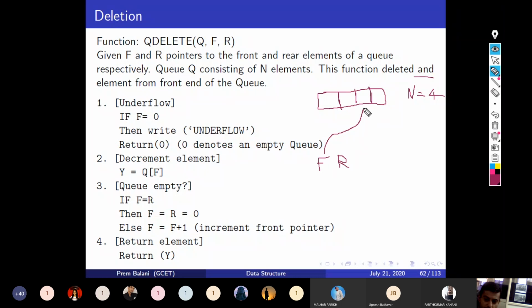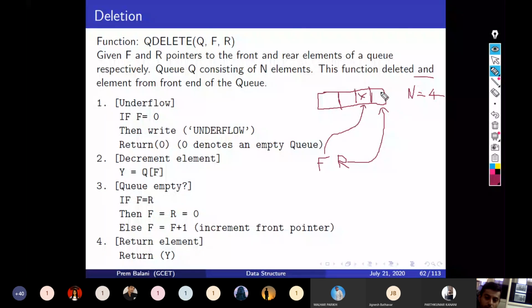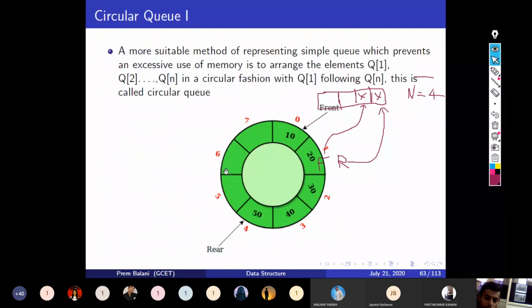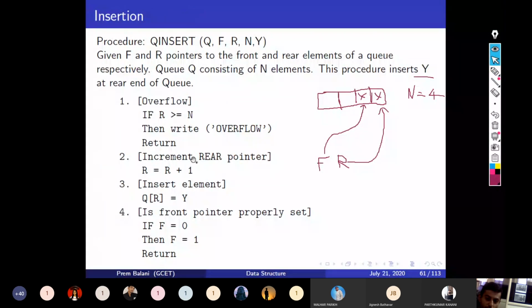After deleting 2 elements, my F was on this location and my R was on this location, right? Now in this situation, I have 2 elements left in the queue, but the queue size is 4. If I try to insert an element, it will check if R is greater than or equal to n.